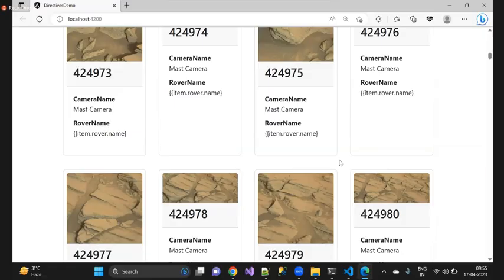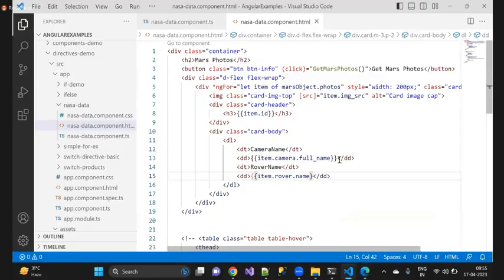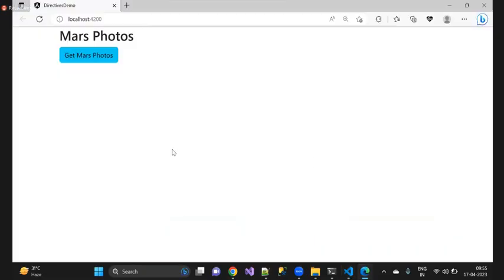But you see, the rover name we are not getting. Why are we not getting the rover name? Verify it again. I missed one thing. Save it. And then you can see when the user clicks on this button,